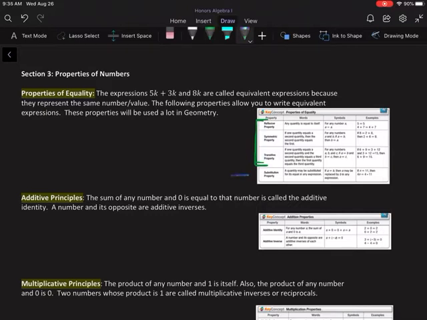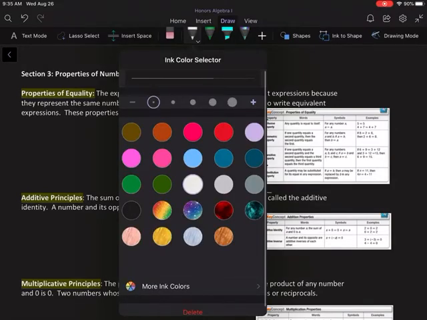Substitution property, that's something that I also sometimes use the words simplify or evaluate. Because they say simplify, or substitution, but essentially we are simplifying the numbers and or evaluating it, meaning using operations. So if we go into the additive principles here,